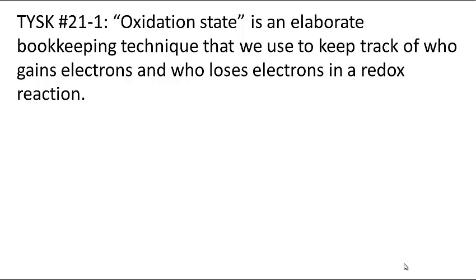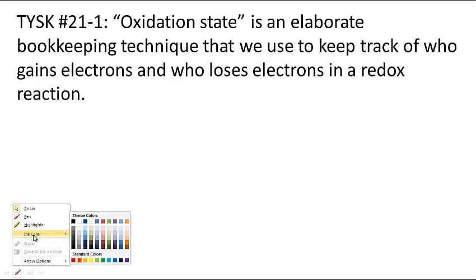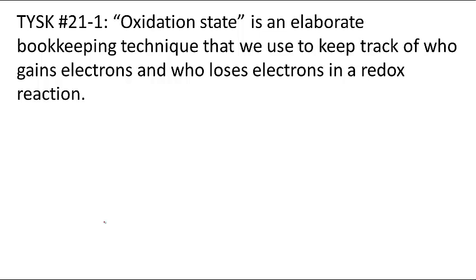Oxidation state is an elaborate bookkeeping technique that we use to keep track of who gains electrons and who loses electrons in a redox reaction. So let's review our rules. Pick a color. I heard red first. So how to find